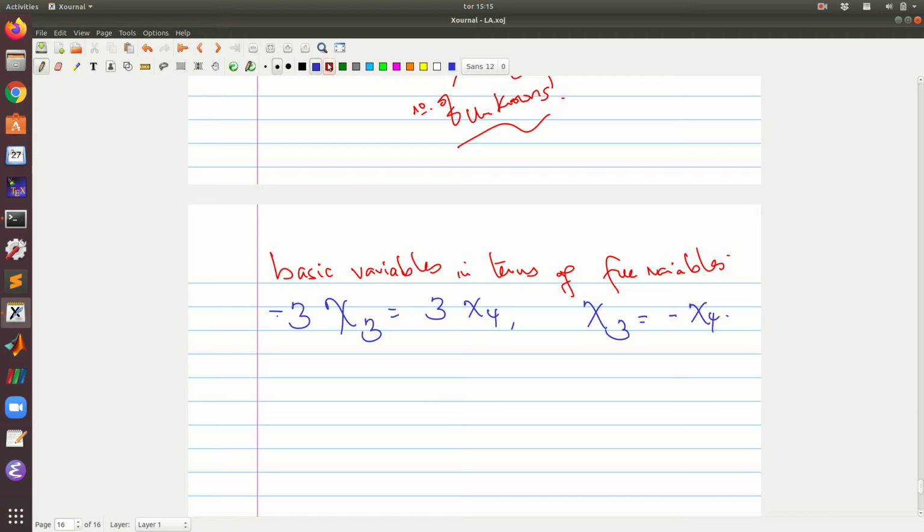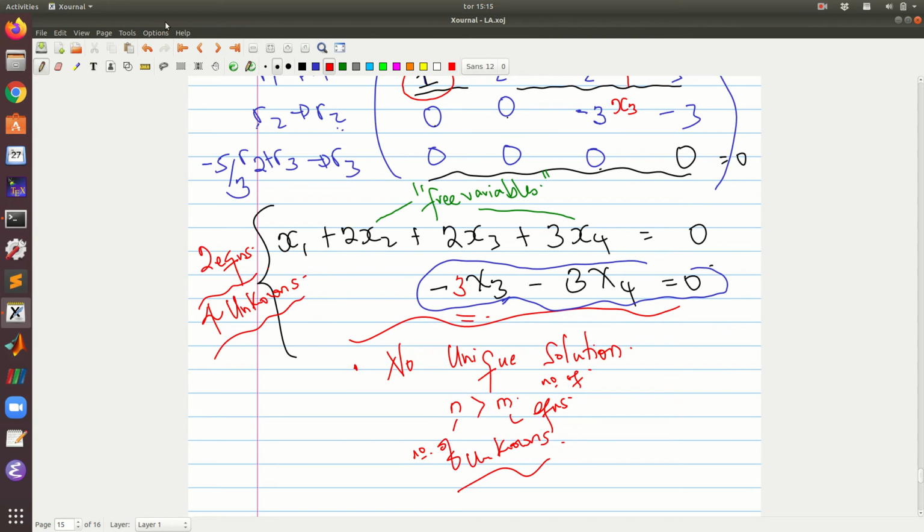Please remember we said that x4 is free and x3 is basic. It corresponded to the pivotal position. Alright, so from the other equation which we have here,